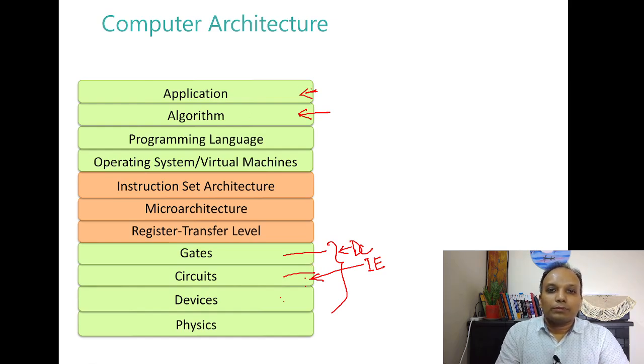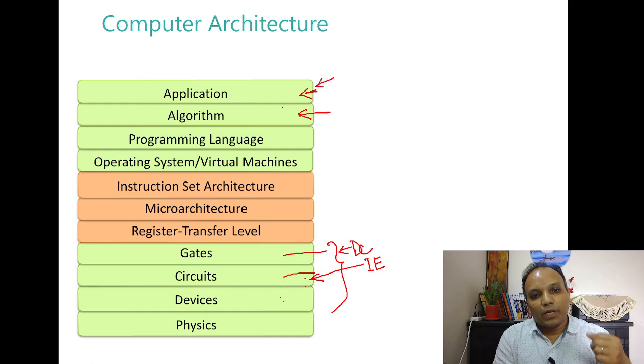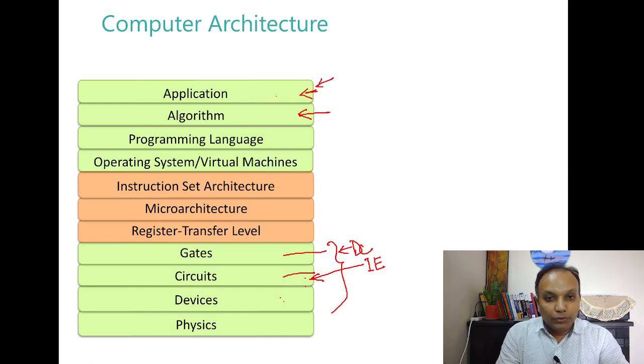Similarly, you will find that there are several courses in this application abstraction layer. You have ML, you might have some course on computational biology, you might have some course on human computer interaction. So, all these courses will come in this application abstraction layer. Then you have dedicated courses on algorithm, advanced algorithm design and so on, data structure and algorithm, programming language, maybe intro to programming, advanced programming. So, these are the Python related courses, etc. You have dedicated courses on operating system, compiler and so on.